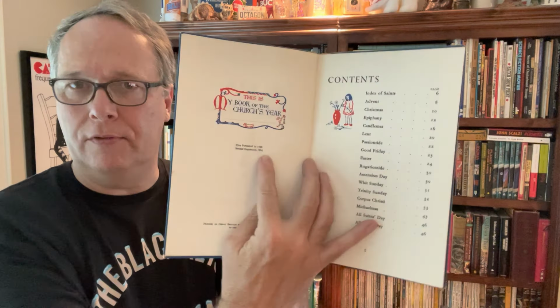This is a second print from 1954, but again, has some great illustrations, good binding, 1950s, $20-25. Then there's